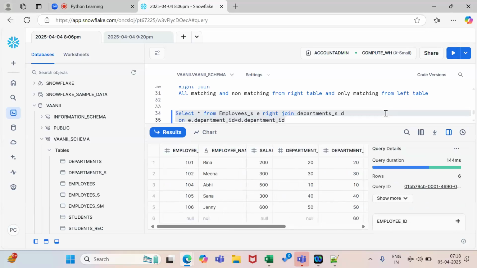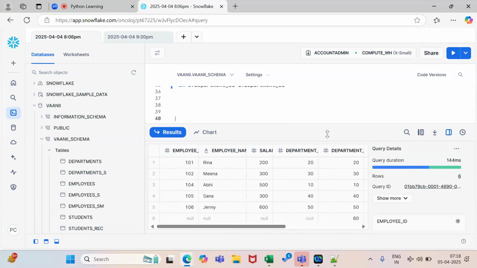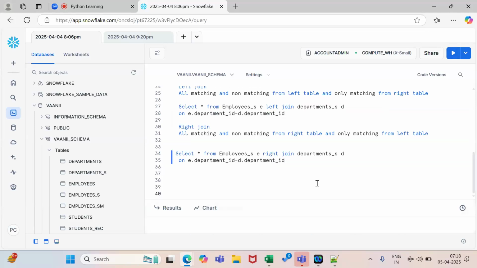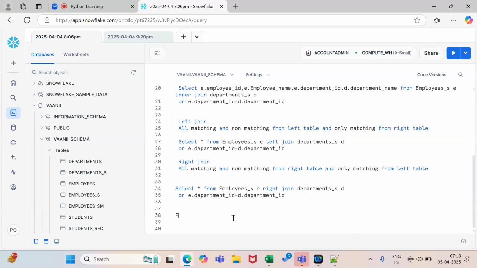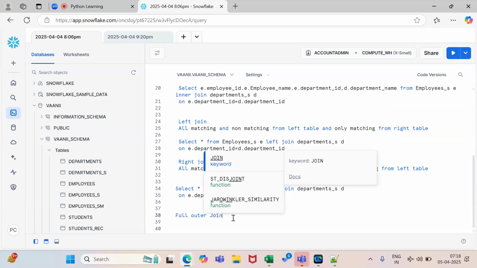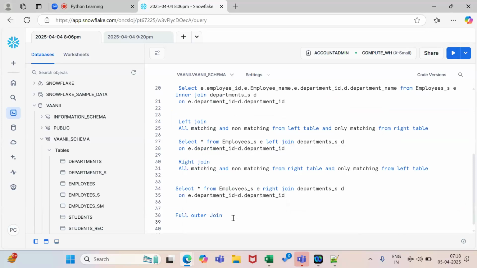Now in a full outer join, what happens? All matching and non-matching from both the tables. Full outer means if you don't have data in the left or right, you can put a null value there, but everything should be there, all the data from left and right.